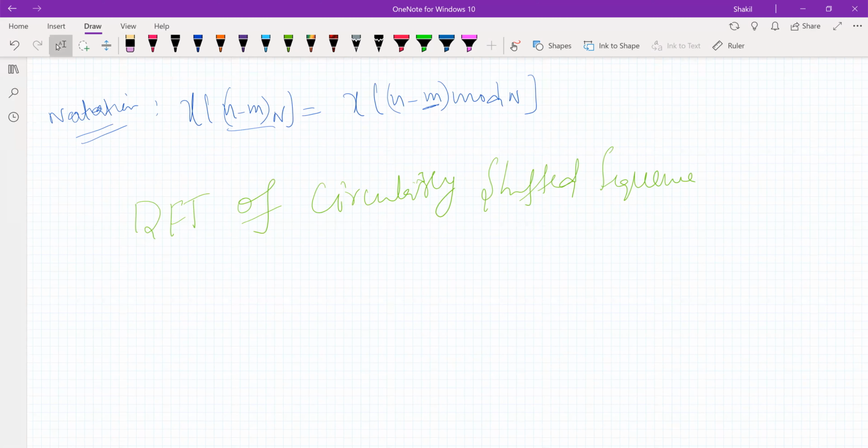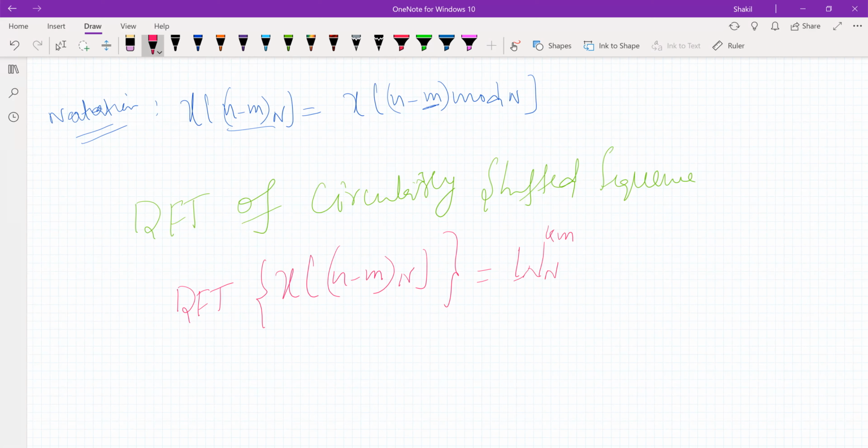We say our circularly shifted sequence is x of n minus m modulo n. If we take the DFT of this, what is the DFT of this sequence? The DFT of this is simply W_N raised to the power km